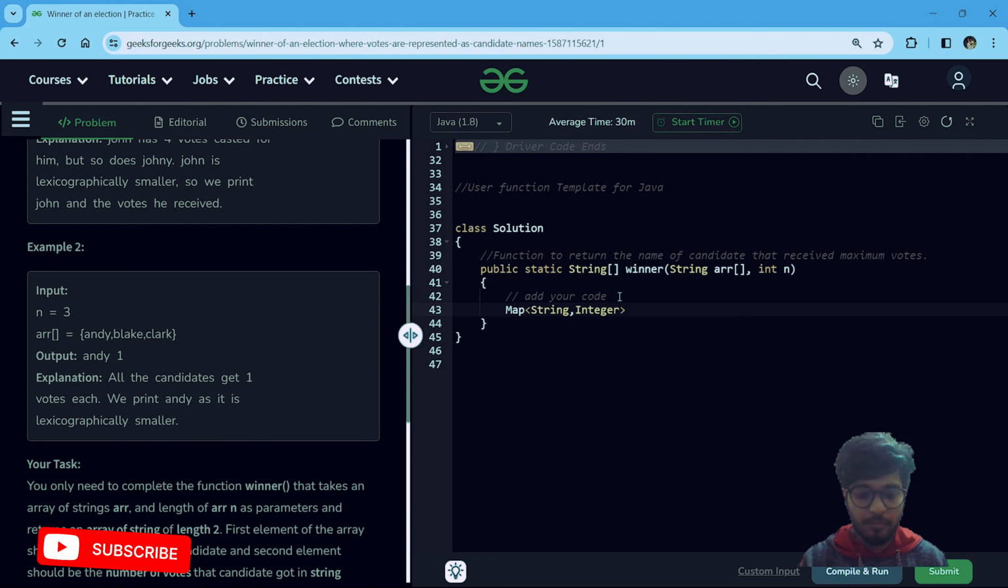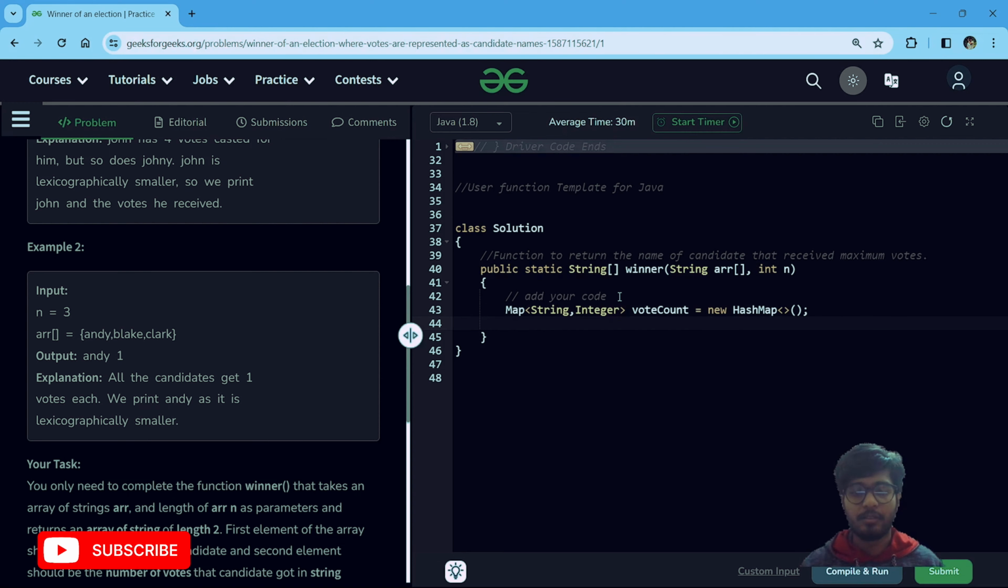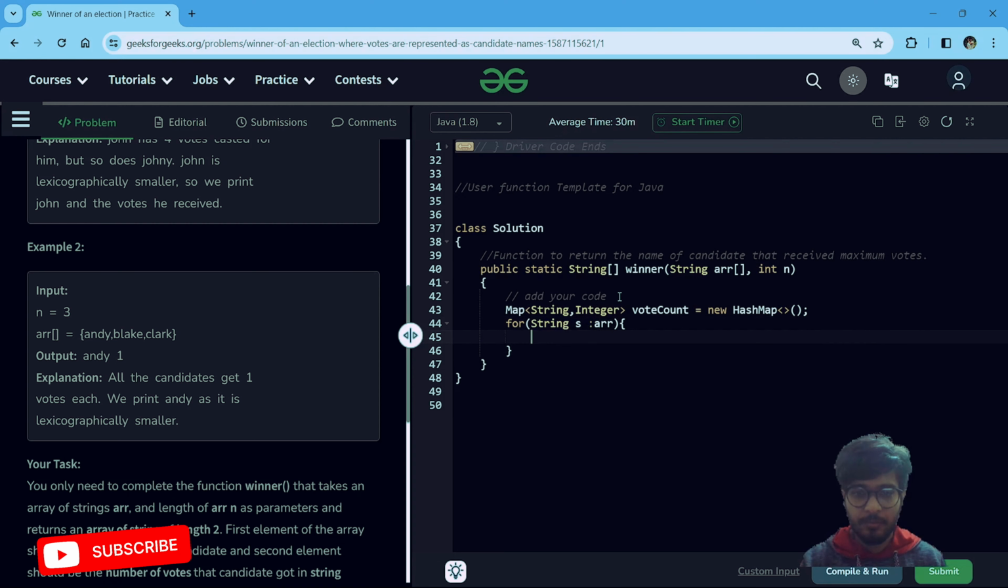Let's name it vote count equals new HashMap. Now we will fill our map with the elements of the array. For that we have to run a loop in our array. So, for string s in arr, we will add